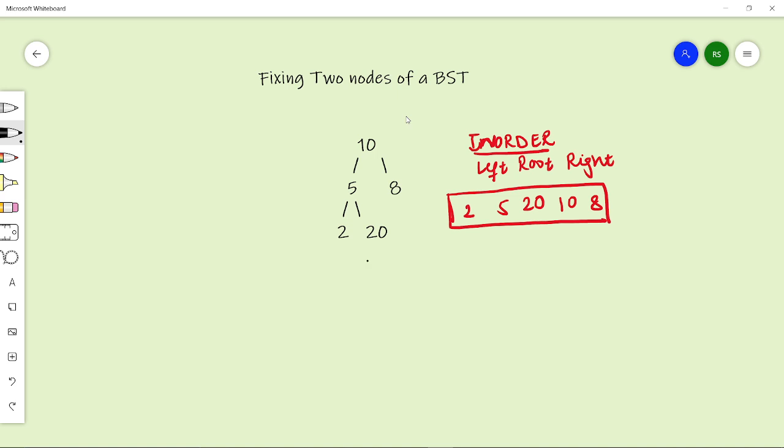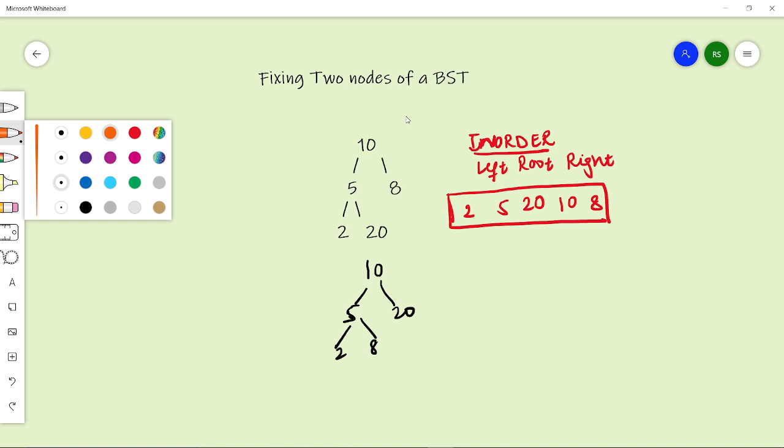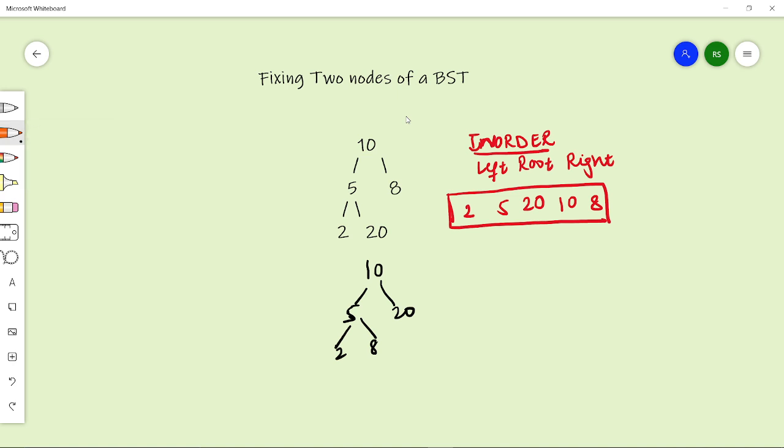So what would be its correct BST? We have to swap 20 and 8. So let us generate the in-order for this. What would be its in-order? 2, 5, 8, 10 and 20. And if we see this in-order, the array is sorted.